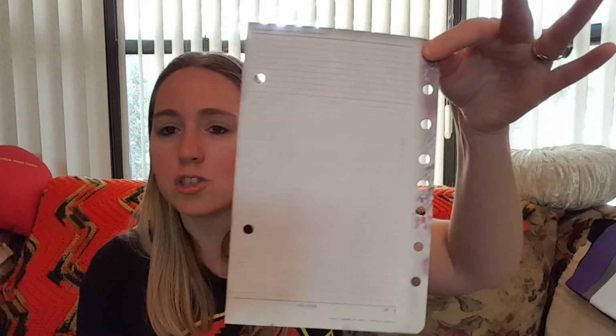Tangent. I couldn't have been able to experiment with this if I hadn't been the planner addict, stationery hoarder that I am. I know most people after a couple of years, or even after the end of the year, would go, 2015 inserts, what am I going to do with these? I'm never going to use these again. I'll recycle them. No, I kept them thinking that I would just flip them over, punch them, and use them as lined paper in my notebook. But I didn't. And that's okay because right now it's allowing me to experiment with a smaller size,